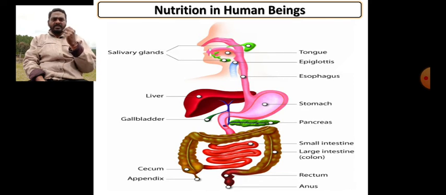What are the different things? Here two major glands are there. One is the liver, another is the pancreas. The liver secretes bile juices, and the pancreas secretes pancreatic juices, glucagon and insulin and all. So how they are getting mixed there, and all these things are there.